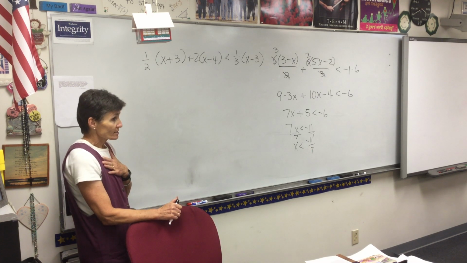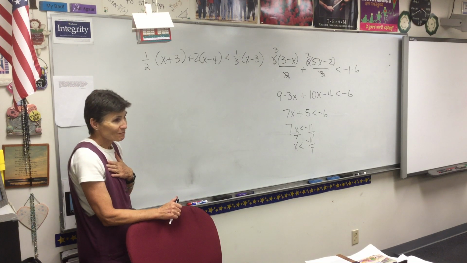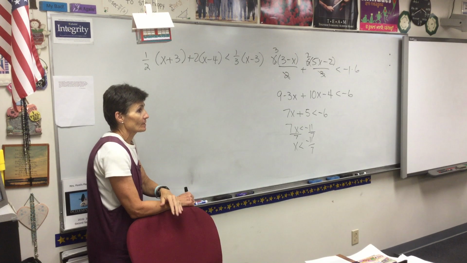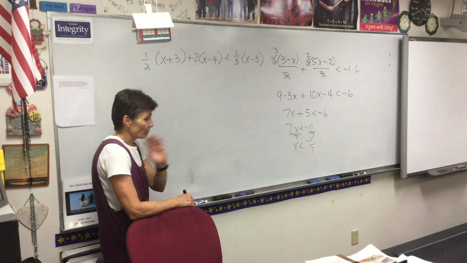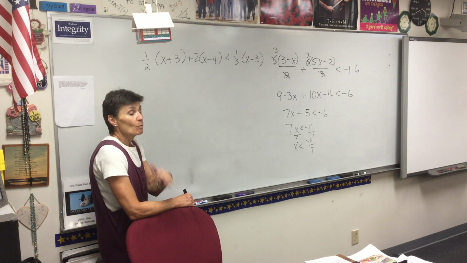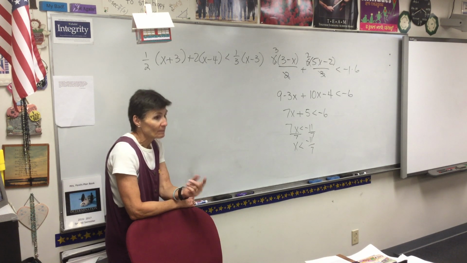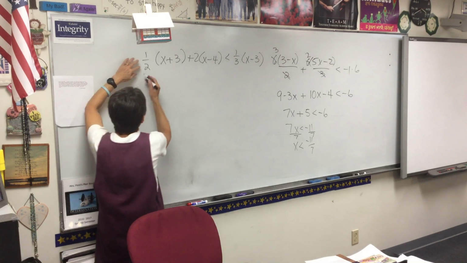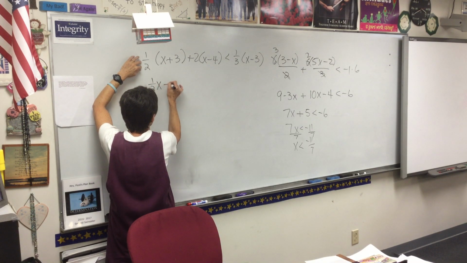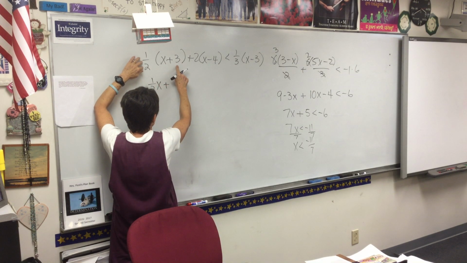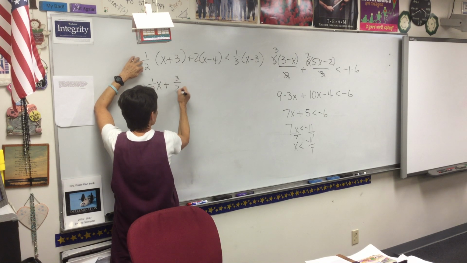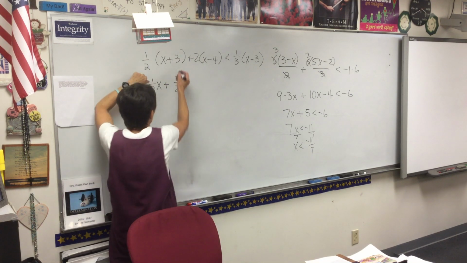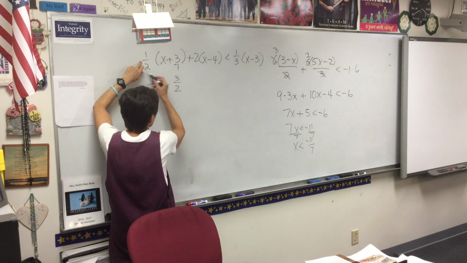So I would suggest, and again, it's just 39 years of practice, that you distribute first. Just go ahead and distribute. Get rid of those parentheses. Now, we're going to have some fractions then, but they're going to be easier to get rid of at that point. So we're just going to distribute. So this is going to be 1/2 x, and what's this going to be? 1 and 1/2, or I'm going to leave it 3/2. It's easier for me to work with 3/2. Remember, when I multiply, it's straight across. So 1 times 3, 2 times 1,